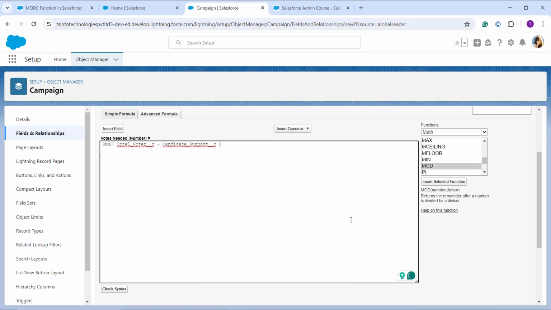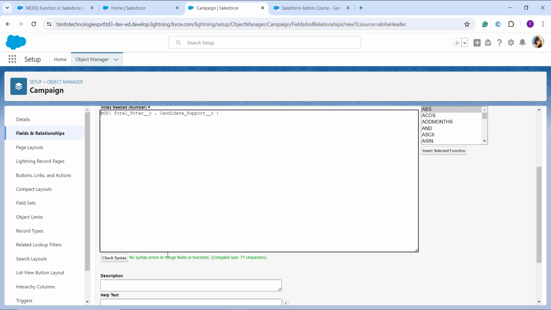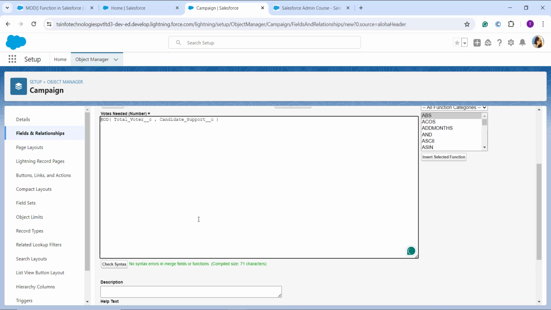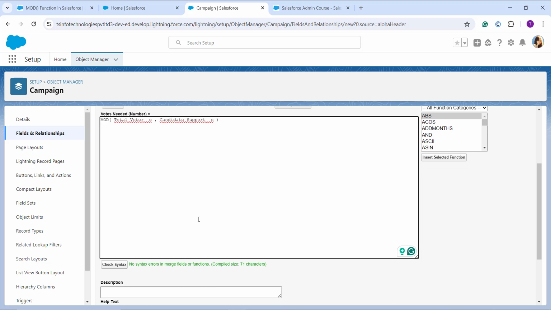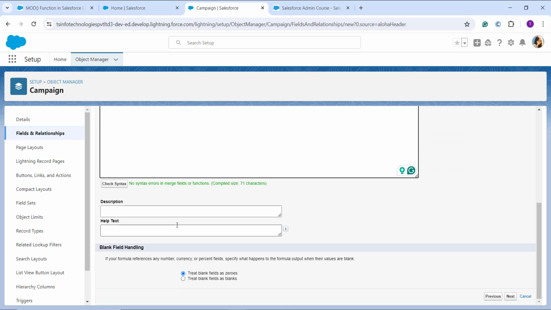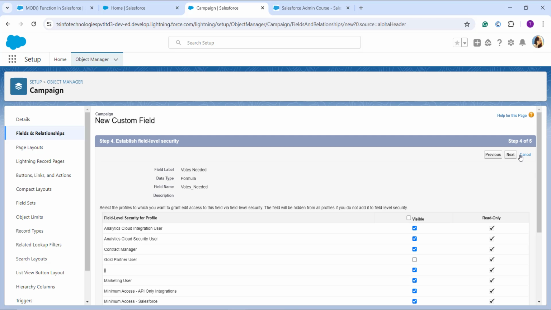Now to check whether it is correct or not, I click on the Check Syntax button. If there is no error, it will show you a message. This formula is used to calculate the remainder after dividing the total number of voters by the candidate sport to get how many votes we will need to win the majority. Okay, if you want to enter any description or help text, you can do that, and you can even handle the blank fields. Now you need to click on the Next button